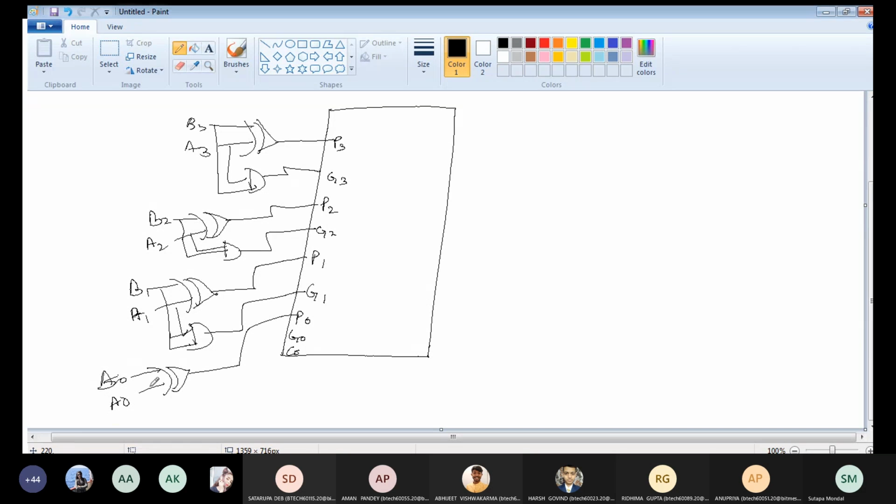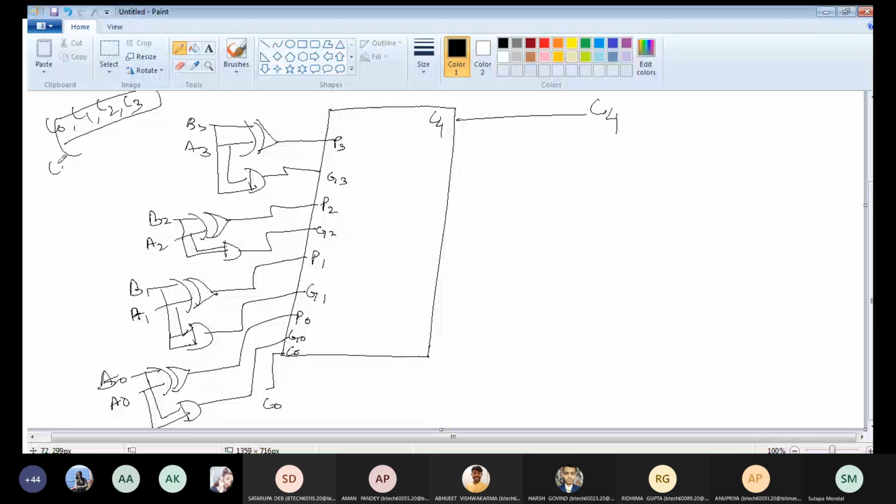Now these are the values. Now you have to find out the carry and sum. So this is your C4. You take it like this only. Because C0 you are taking as one input, then C1, C2 and C3, so 4 bits. So what will be i plus 1 now? 3 plus 1, 4. So the final carry out will be Ci plus 1, that is C4. So C4 you have taken out as the final carry out, and here you write C3.